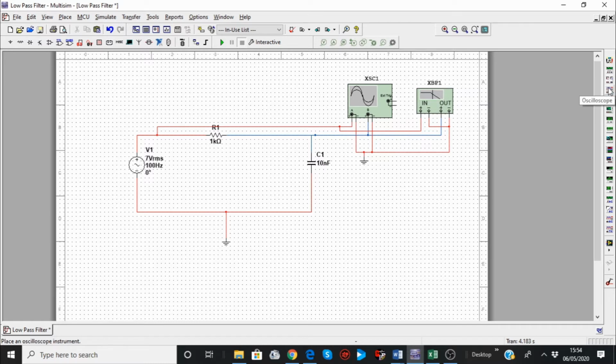So you have oscilloscope, and then 4-channel oscilloscope, Bode plotter. And this is your Bode plotter, so I just bring it and drop it there. And we don't need that extra one. So again,